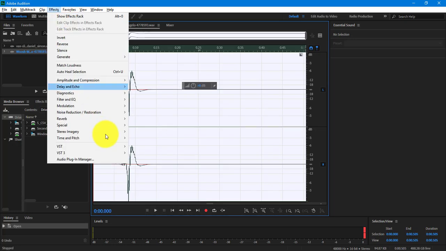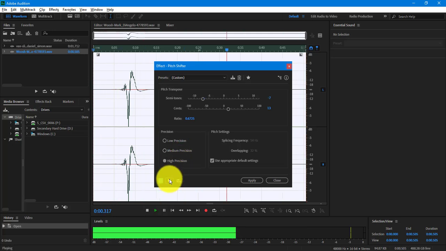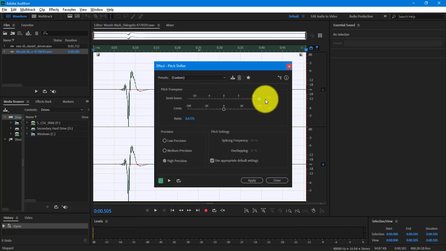But let's say that I wanted to go into the pitch shifter. And what I'm doing is I'm listening for what it sounds like, how fast it feels like it's coming out, and then picturing my animation of, let's say, something swiping across the screen. Right? If I go this way with it,